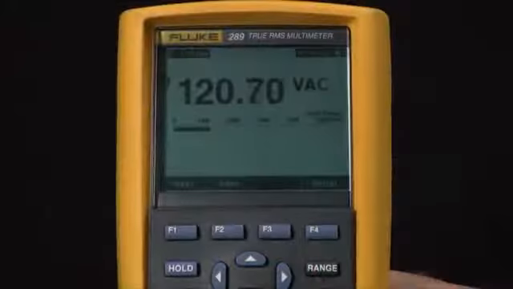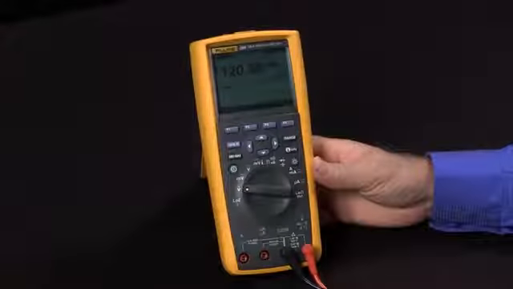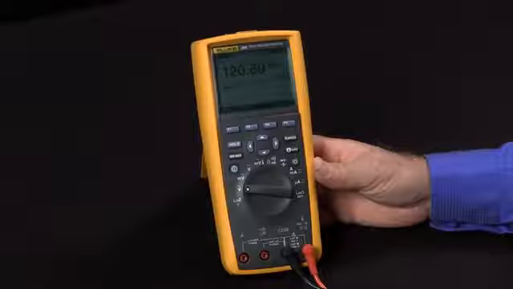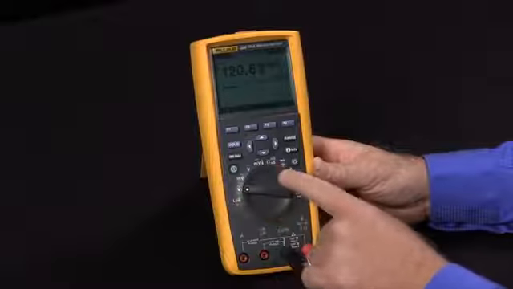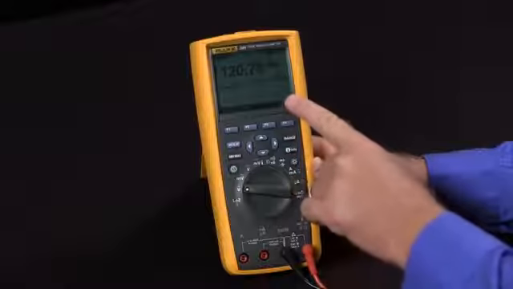How do we log readings on the Fluke 289? There's a lot of times when you might want to log the data over time to troubleshoot an intermittent problem or produce a report to document exactly what the voltages, the currents, anything are. So any of the functions you see on this, we can actually record over time using the record feature that's